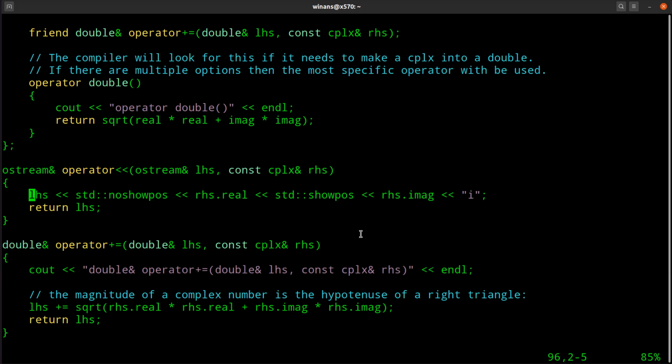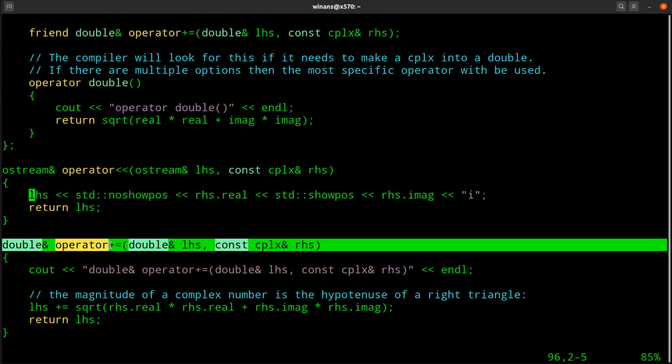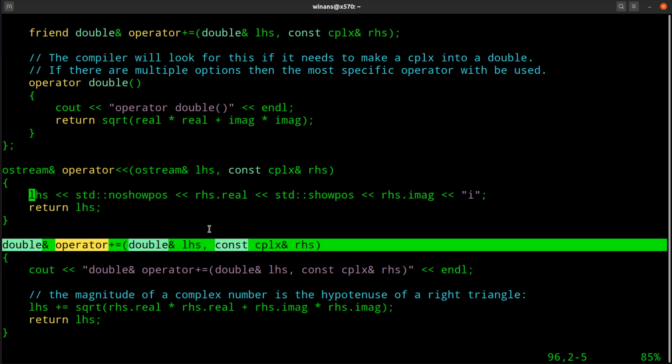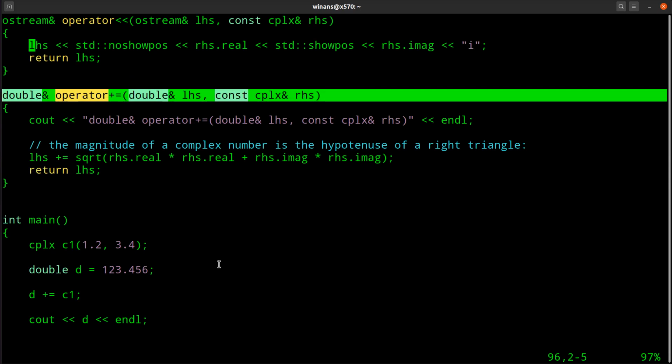What we'll see is when it has more than one option, it'll use the most specific operator, the most specific function that it can to do this job. And because we have a perfect match here and a good match over here, this one will be used. It matches better, all right? It has to do with the order in which it tries to figure out: I want an exact match, then I'll try and make it work out of something else, and it lowers the priority of just the